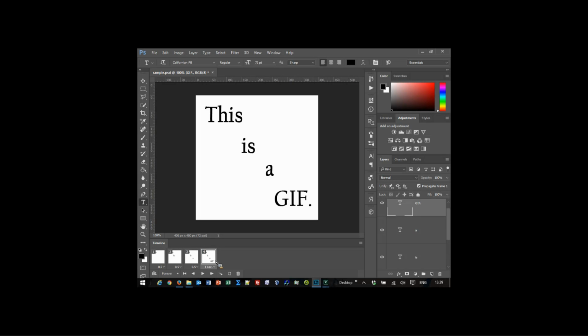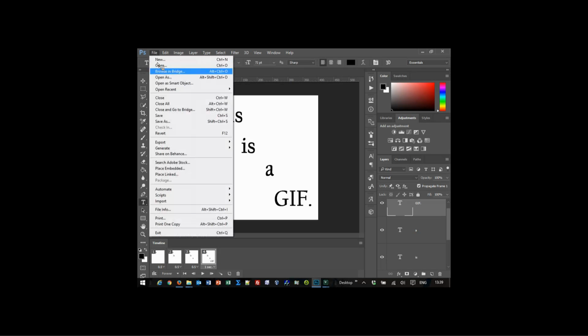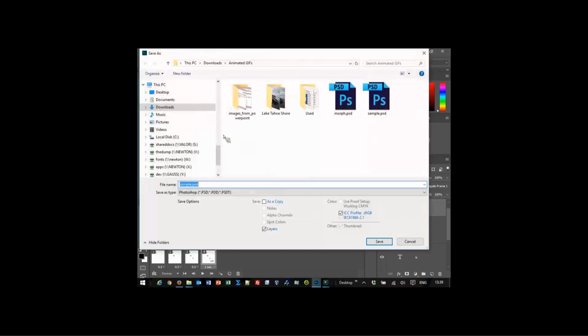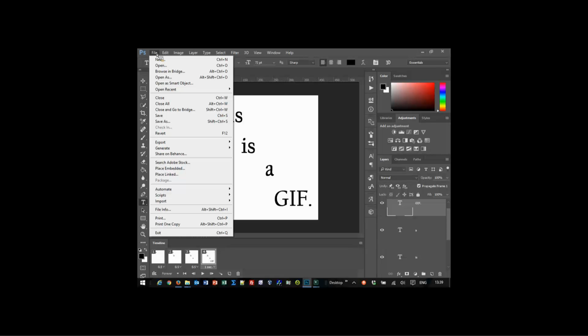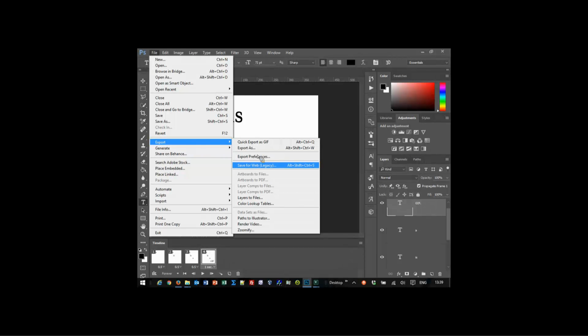Now to save this, I can go to File, Save As, and save it as a GIF, but if I do that, it's going to save it as just a regular old flat single layer non-animated GIF. In order to save it as an animation, you need to go to Export, Export to Web, Save for Web. I use the shortcut key, Control-Alt-Shift-S, so you'll never see me go to this file menu again for this, but I wanted to show you where it was. Save for Web,